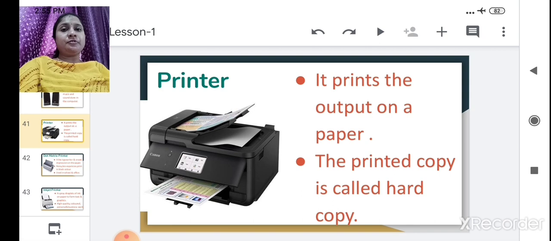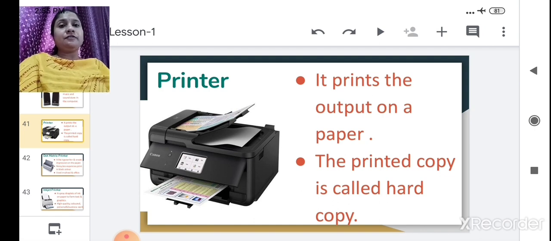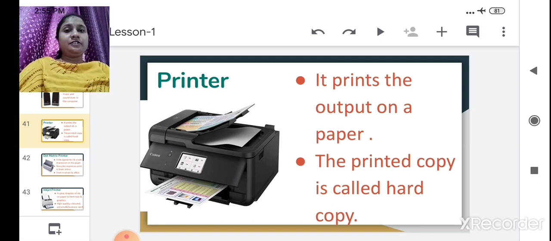He types on the computer which medicine you have taken, at which price, and after getting the whole price in detail, he will print that receipt and give it to you. In this way it gives you the output. It prints the output on paper. Got it? That is the use of a printer.